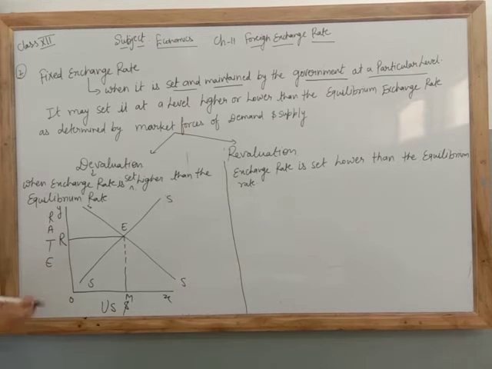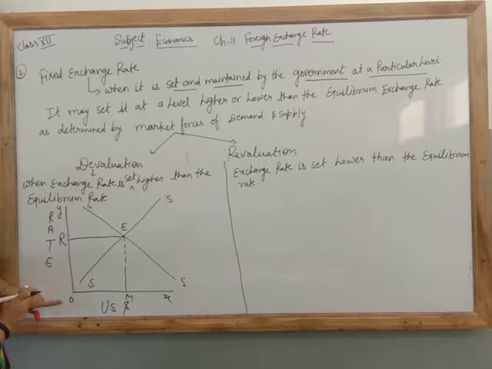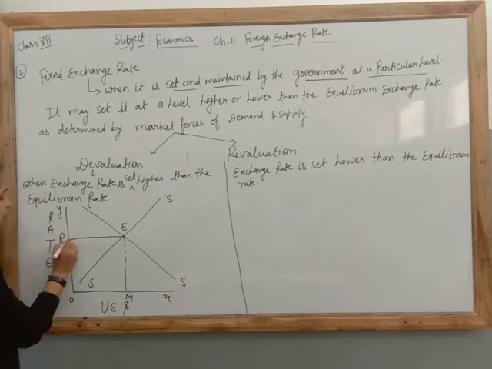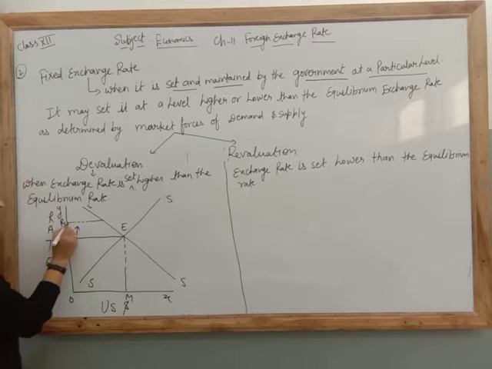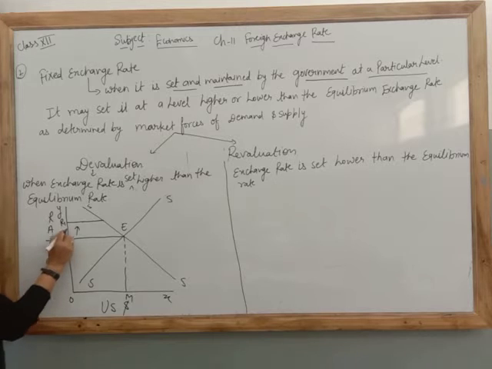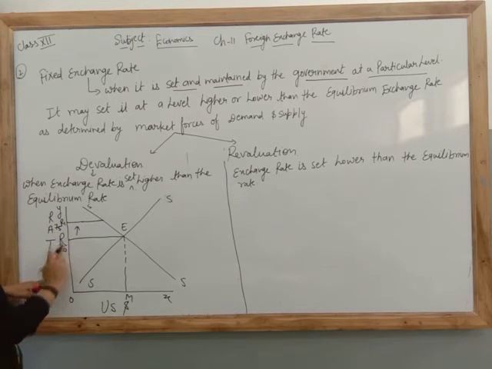When the government intentionally sets a rate higher than the equilibrium rate, it means, suppose earlier the dollar which we were able to purchase at rupees 60, now the government sets the rate above the equilibrium rate. Suppose the government has set point R1, a higher rate than the equilibrium rate. The government has deliberately, willingly, intentionally increased the rate. Suppose the rate is 75. Earlier we could purchase $1 at rupees 60, now we purchase at rupees 75.